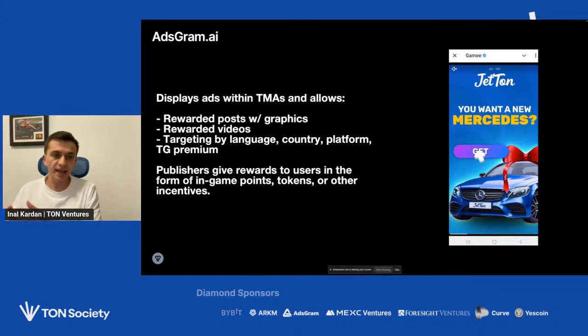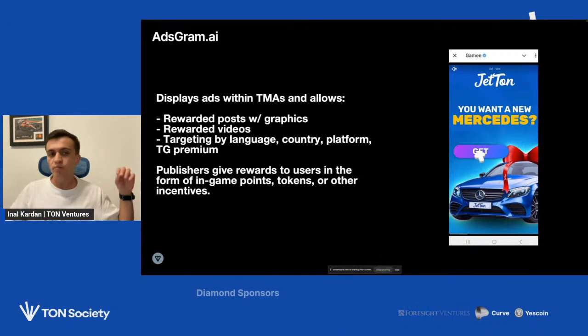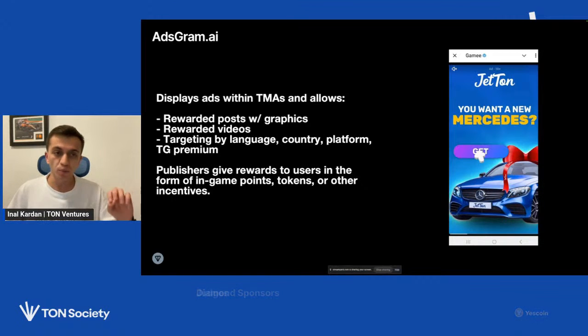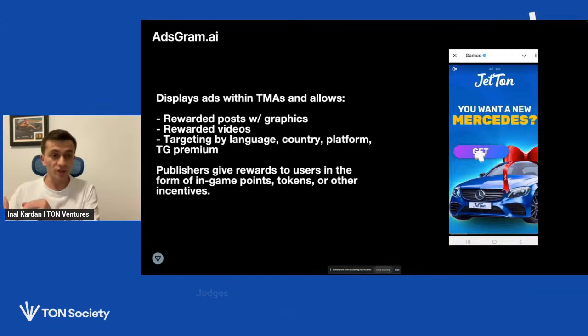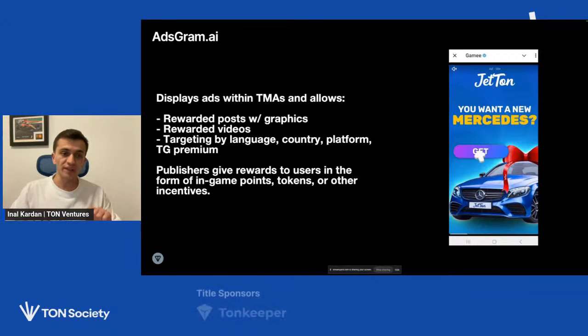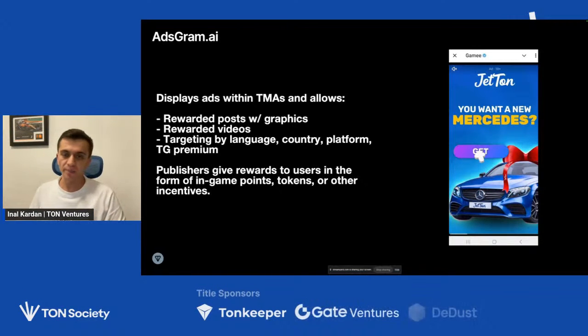Inside the game, you can say, hey, look, you have earned 100 points, but if you look at this ad, you'll be able to multiply it by, let's say, 2. So this is one of the best options to engage your users and show them ads, to motivate them to watch ads and give them a reward, to incentivize them to do that.